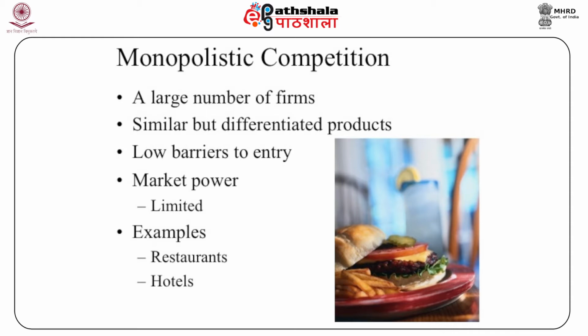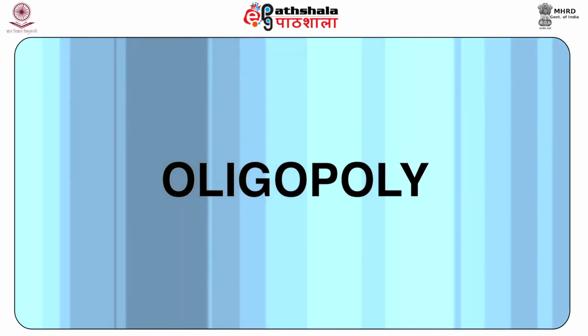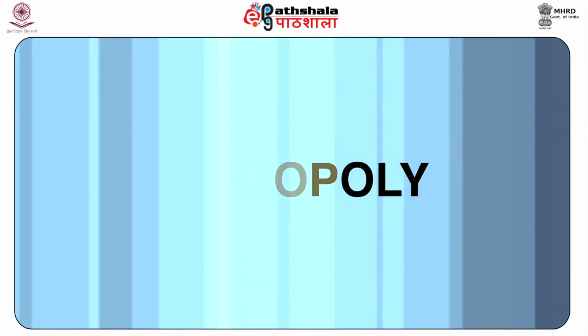In this market, lots of sellers are selling similar products and don't differ in terms of their price and quantity. The Indian banking system is a good example of monopolistic competition. The banking system in India has been becoming much more competitive with a large number of banks offering similar products and services at competing prices. The third type of imperfectly competitive market structure is oligopoly.